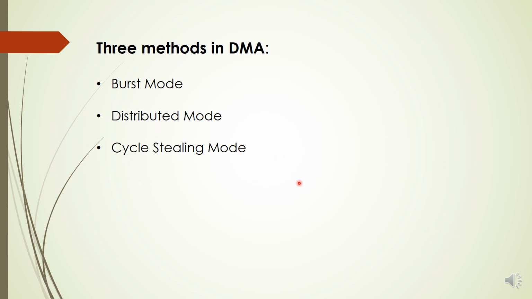Cycle stealing method. In this method, the DMA controller only transfers data during cycles when the CPU is not using the data bus. Sometimes some portion of the machine cycles is not used at all by the CPU. The DMA controller steals those bus cycles, or machine cycles, and uses them to transfer the data. Once the system buses are taken back by the CPU, the DMA controller goes into a waiting stage and keeps checking for the buses. So this method is completely favorable for the CPU.